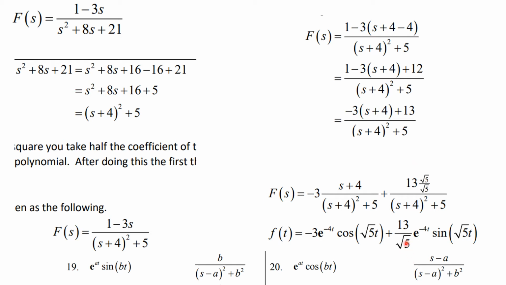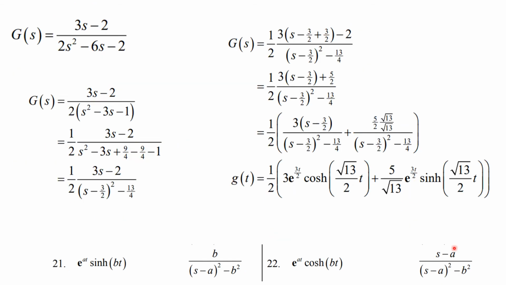out as my multiplier. Then I will take the inverse transform of what's left, and I will have e to the minus 4t sine, and this is the square root of 5t. That is the answer to this problem. Let's look at the next one, and again, we don't have anything that looks like this, so we're going to